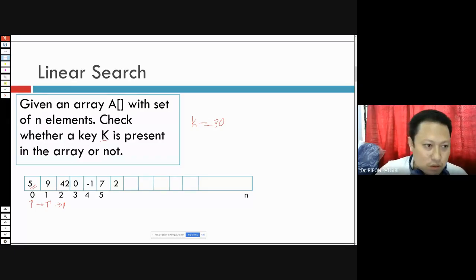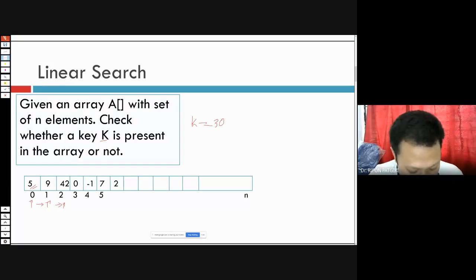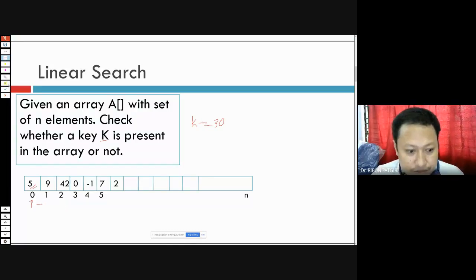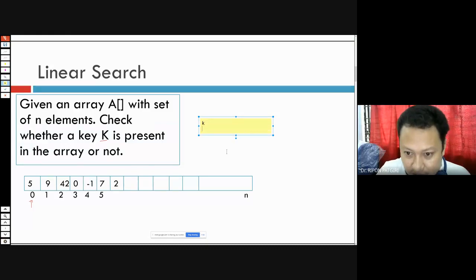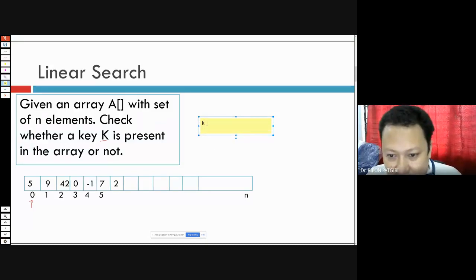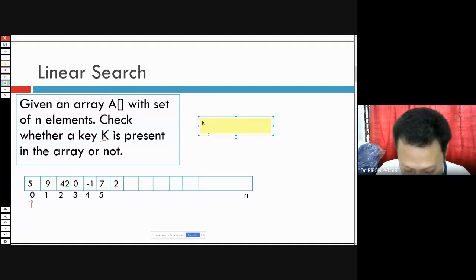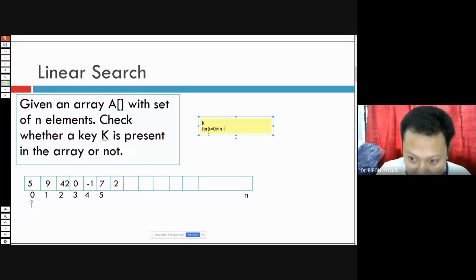Okay, so what will be the code? Let me write the code. So here the code is, say for example, key is k. I would like to find this k, and for i equal to 0, i is less than n, i plus plus.